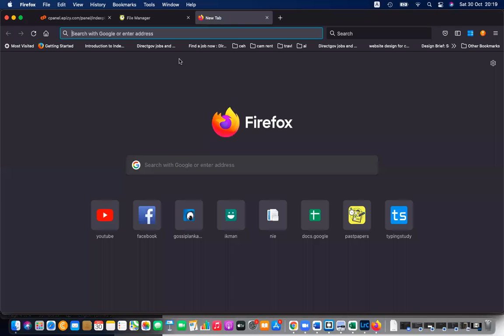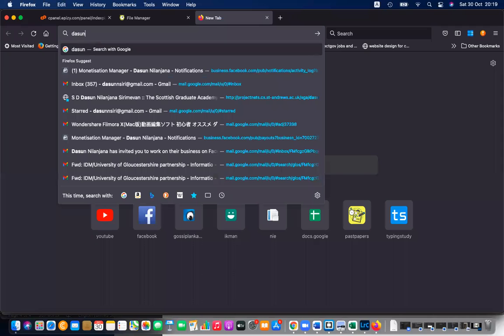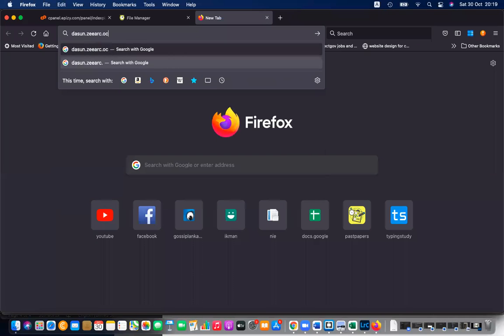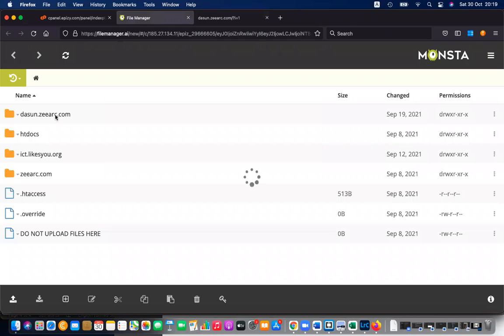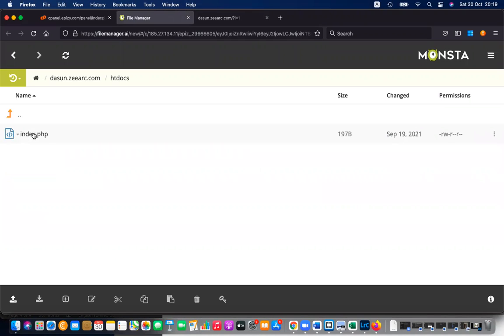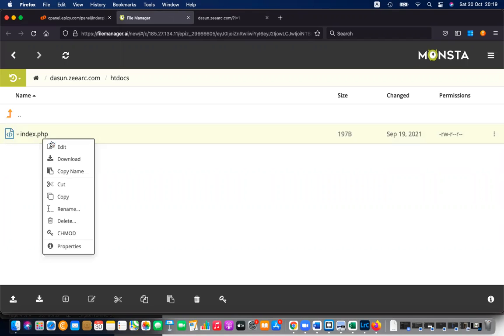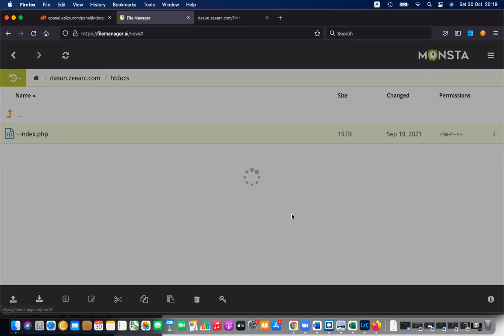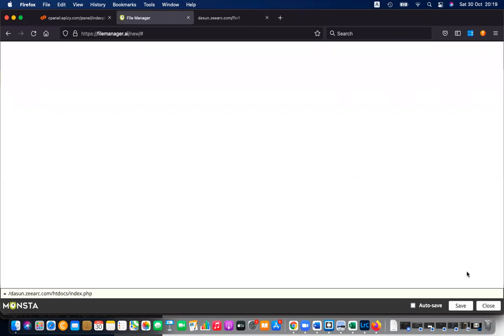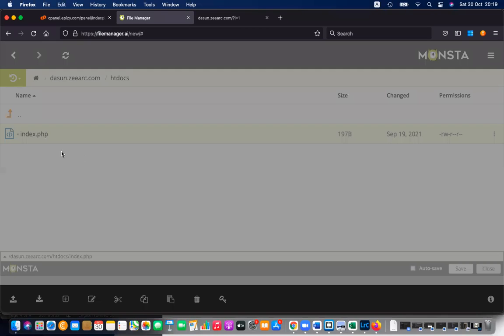Let's check whether this is working. Dasun.carc.com. I have created this domain. Okay, working fine. So I'll go to that. Go to htdocs. Inside that, I can write the PHP codes. Okay, here you can see the file is index.php basically, and so what I need to do is I need